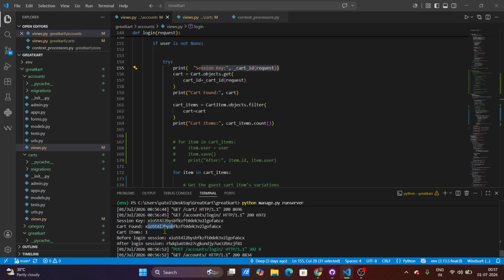Okay, so after logout, when you add any item and again log in, then after logout it will create a new